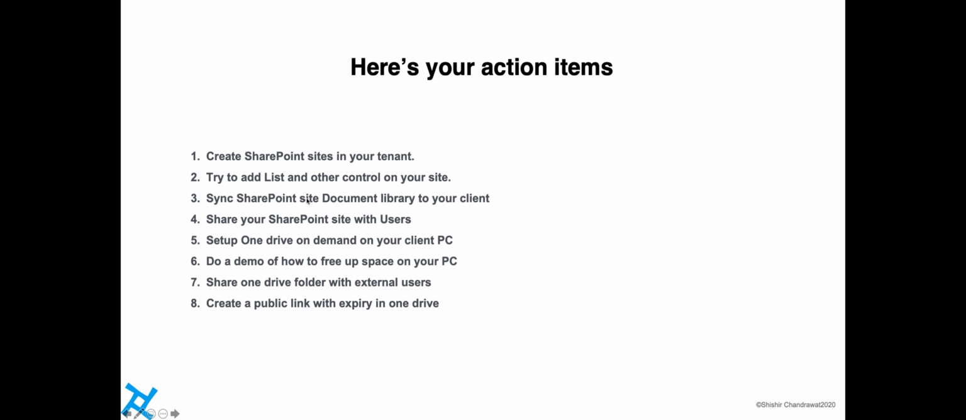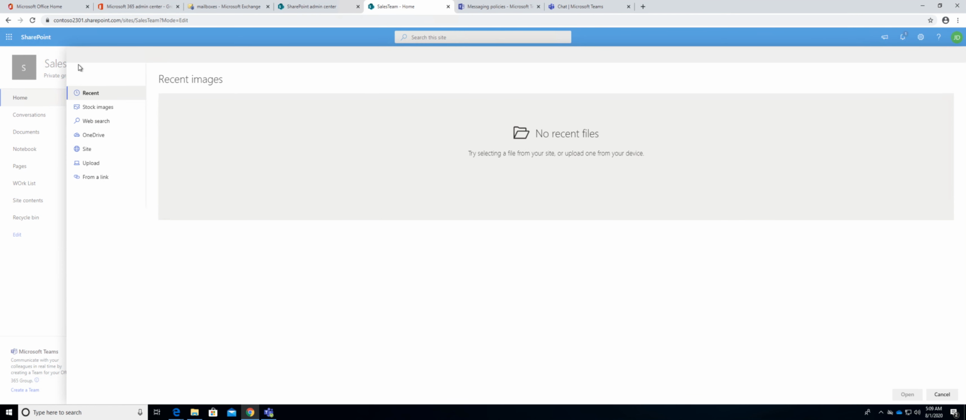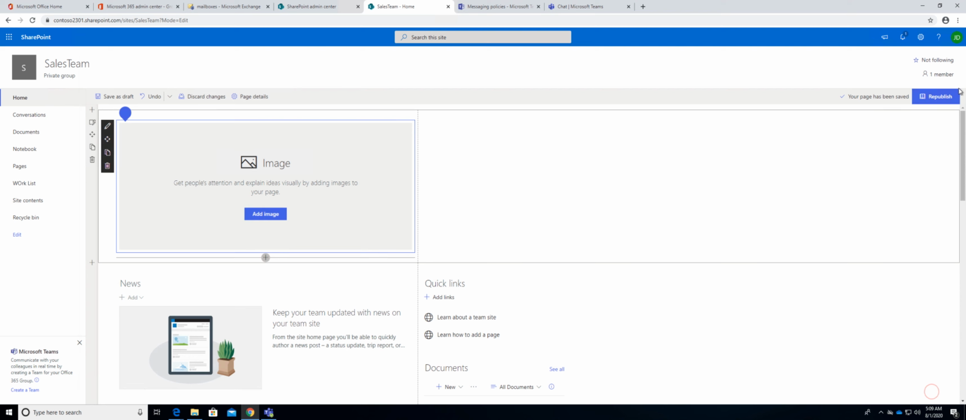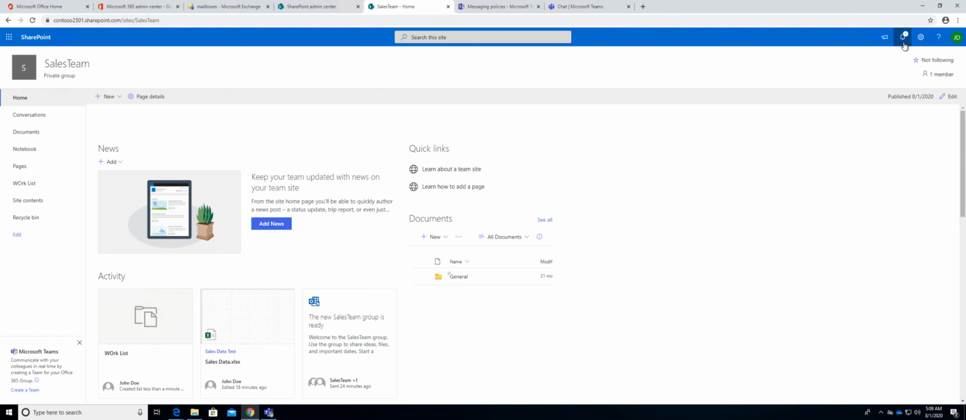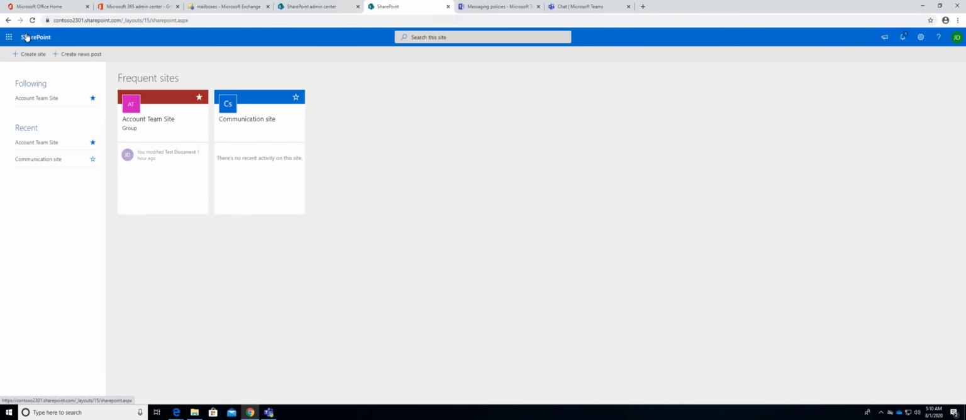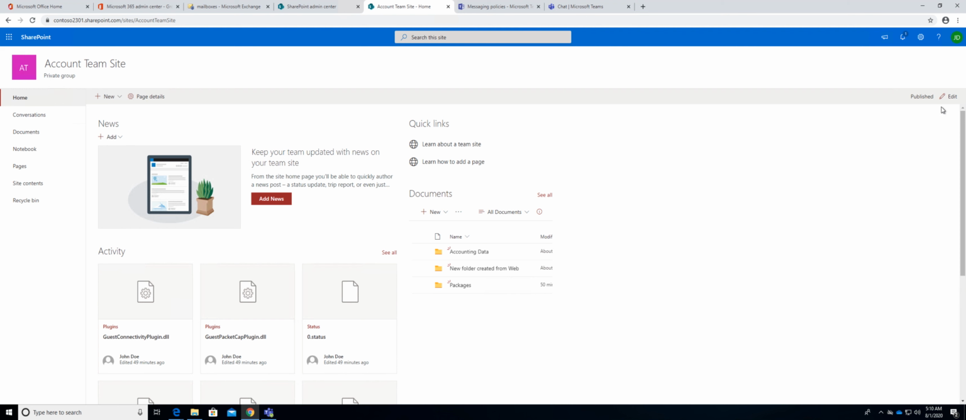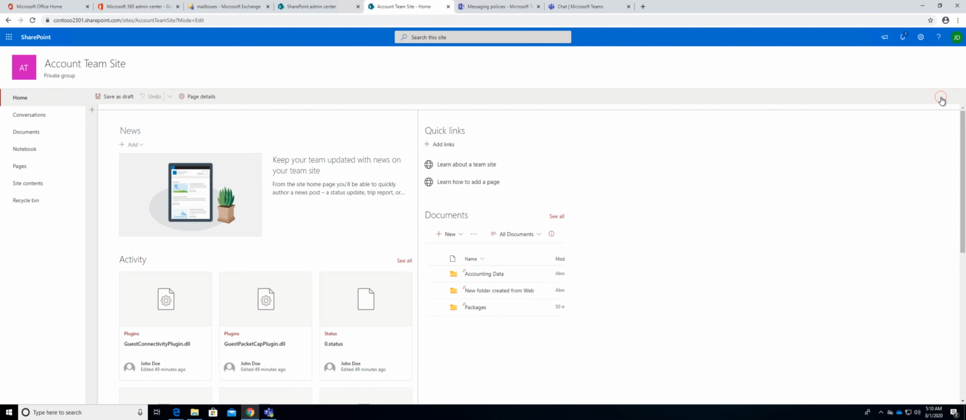Now, sync SharePoint site document library to your PC. I already showed you using the sync button. Share SharePoint site with users. I showed you how you share the SharePoint sites using the share button somewhere. So you republish it, and you basically go. Okay, so you can't maybe share this site because it's a team site from here. You need to share it from Teams. But if you create your own theme site here, then you might have the option to